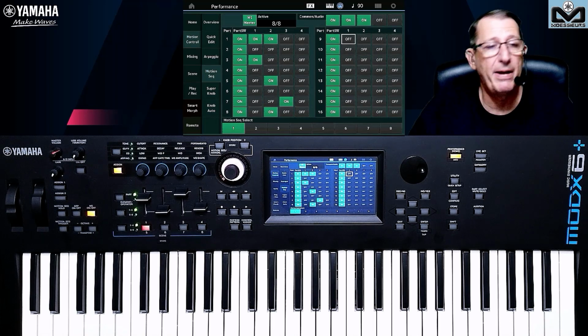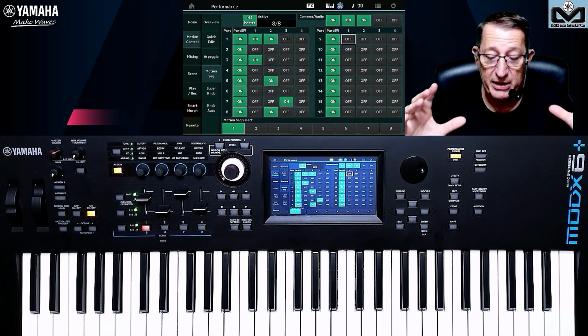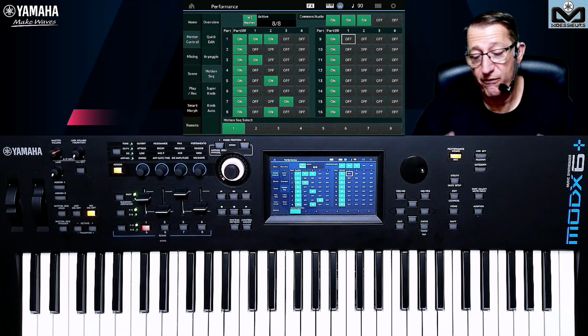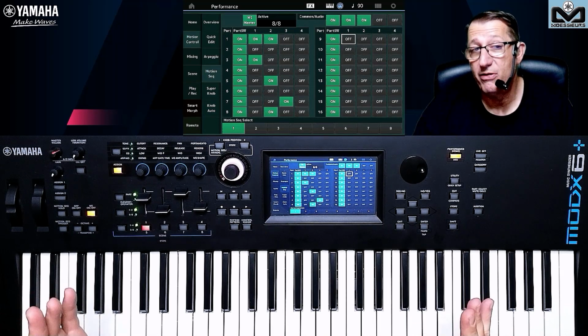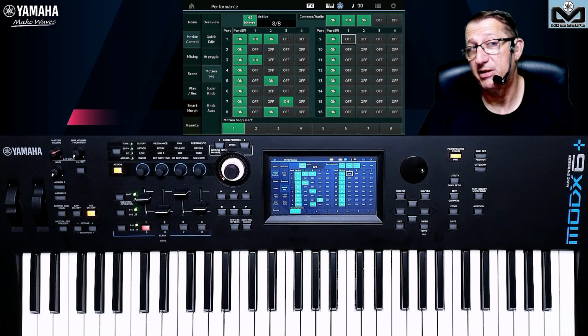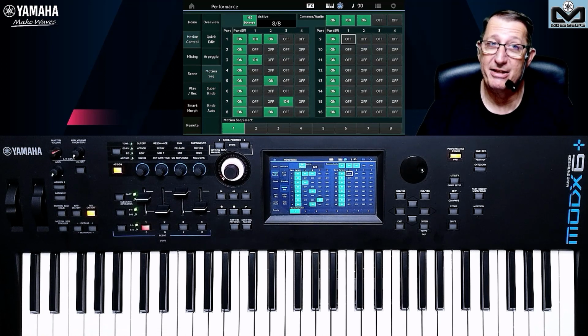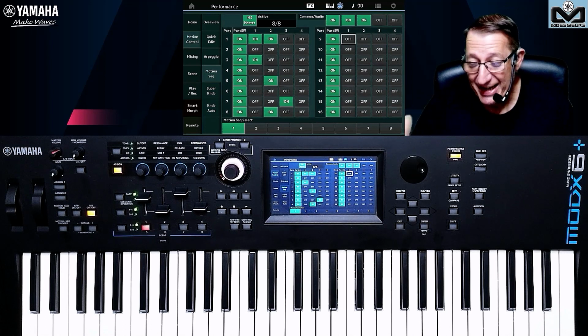You can use 8 parts with arpeggio. You can use 8 lanes for all the parts and the command level you have inside the Modex and Montage. That's very easy to understand. 8 is the magical number, I will say here.